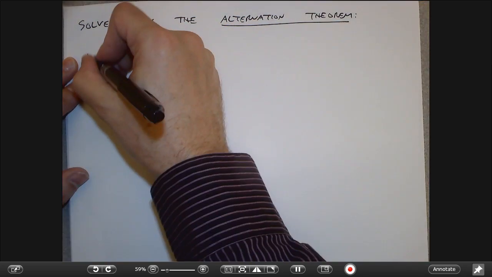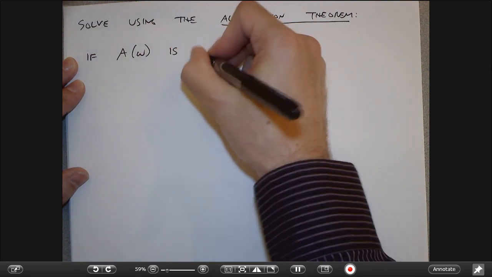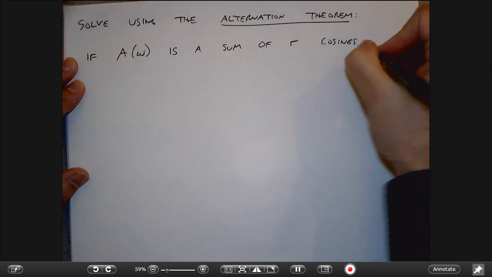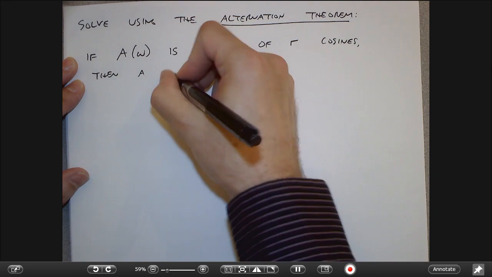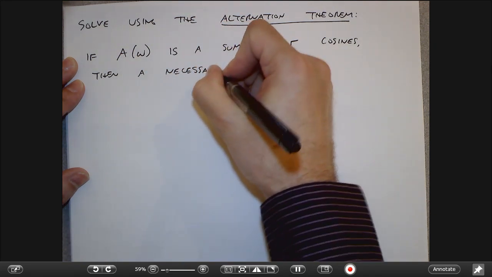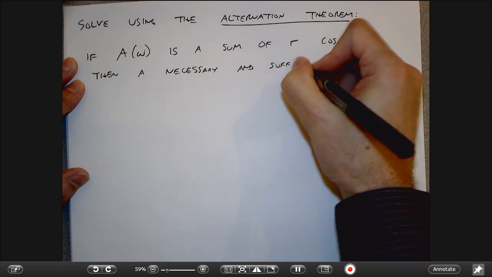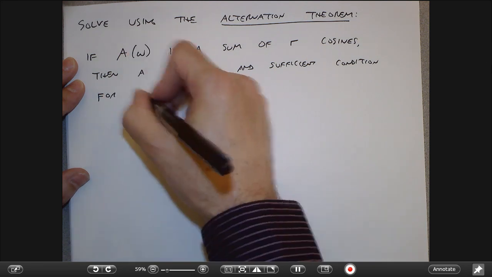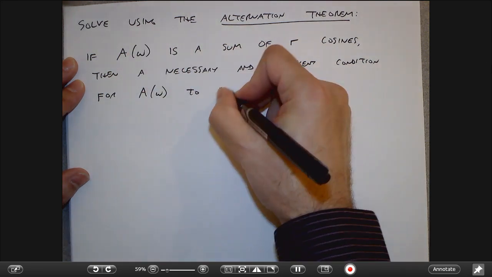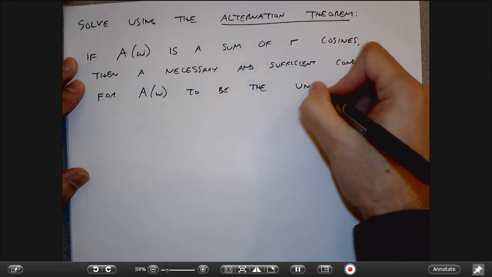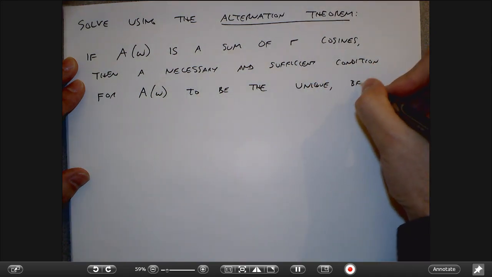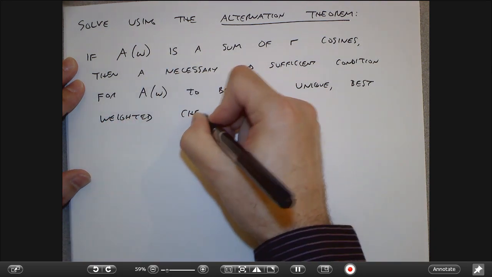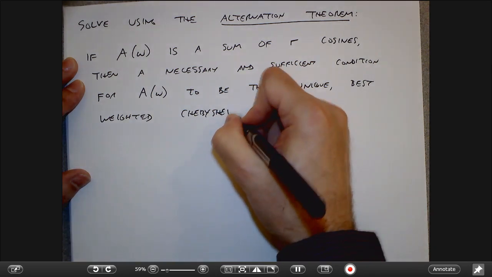But basically it says that if my amplitude response is a sum of R cosines, then a necessary and sufficient condition for A of omega to be the unique best weighted Chebyshev, which means Equiripple, approximation